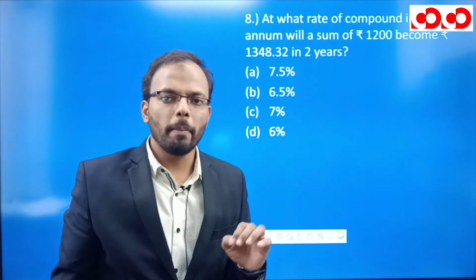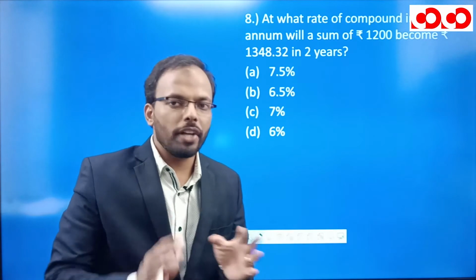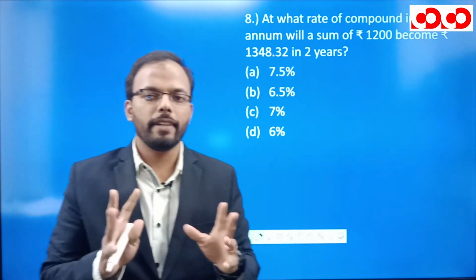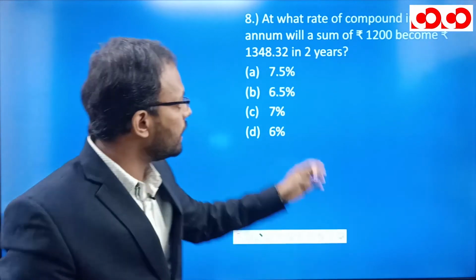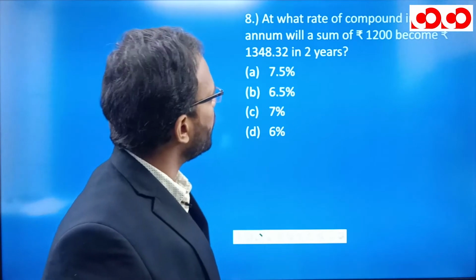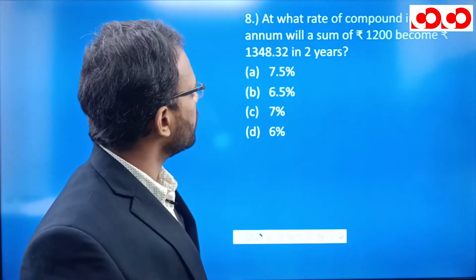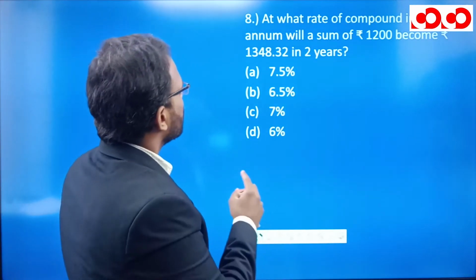Here is question number 8. Now there are many ways to solve a compound interest problem. We have seen 2 problems based on the formula of successive percentage. Now we are going to discuss the ratio approach. See this problem: at what rate of compound interest per annum will the sum of 1200 become